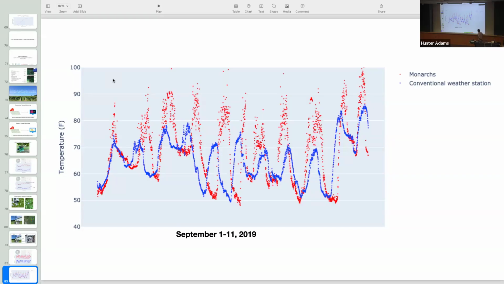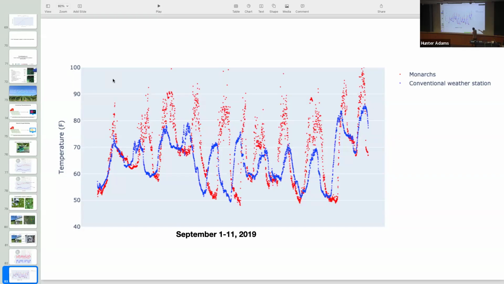But in any case, we're looking at the data from the conventional weather station against the data from the Monarchs here. They're slightly phase offset, but it's easy to tell that this time maps to this time. Notice a couple of things. I'm still getting artificially high temperature readings during the day. That didn't exactly solve that problem. I now know that what I needed is a Stevenson screen. If you go look at outdoor temperature sensors, they're in these slat roof structures called Stevenson screens. Were I to do this again, that's the kind of device I would use to solve that problem.